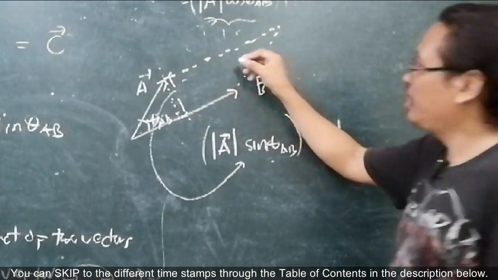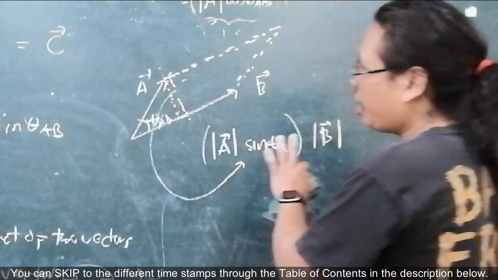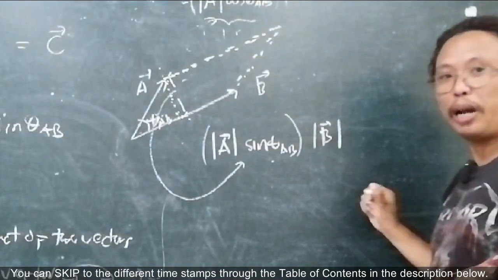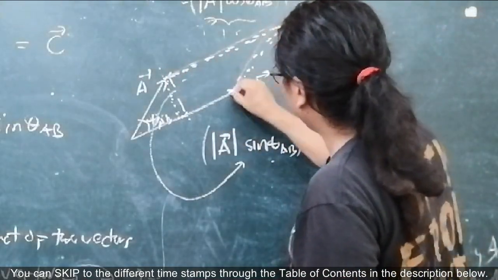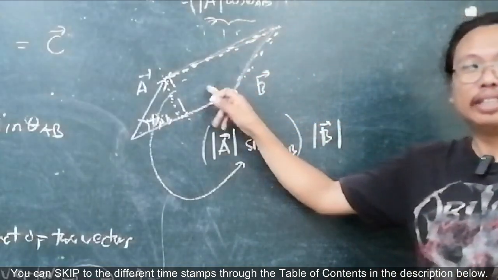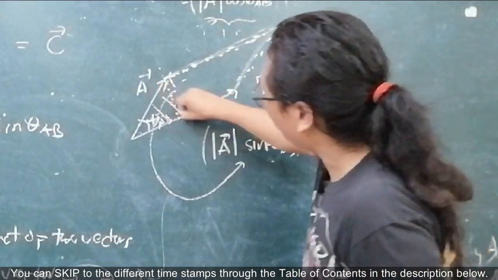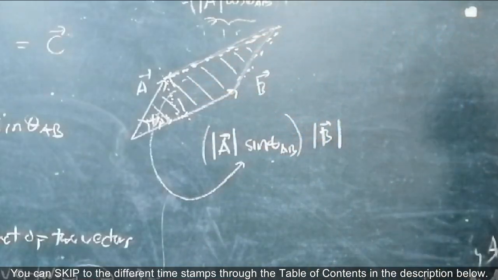Right? This area of the quadrilateral forms A cross B. The magnitude of the cross product gives you the area. The area of this parallelogram, this area of the parallelogram, is in fact A cross B. So,